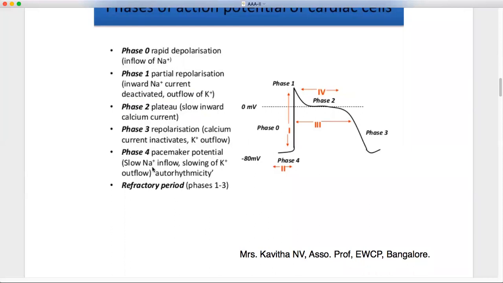Okay, so now what happens by doing this is, as we all know, action potentials are initiated only when a cell is depolarized to the threshold potential by an adjacent cell. So this is an action potential of one cell. This is not an entire heart, it is a single cell. Like this, many are there, and after this also many will be there. Okay, in a single action potential, the changes taking place are what this figure represents.